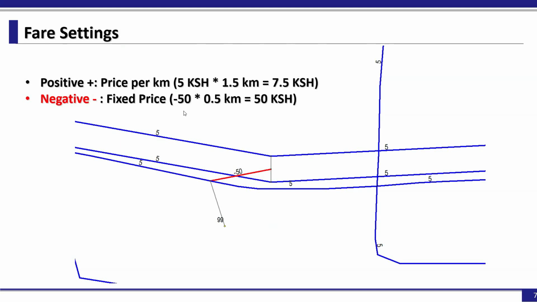Then this red line is just the station entrance of the BRT. So when you pass through these links, you need to pay 50 shillings. Whether this is 1 kilometer or 0.5 kilometer or 0.1 kilometer, the price must be the same, 50